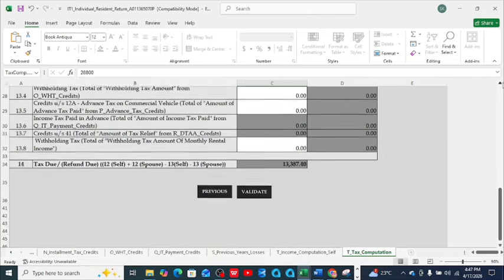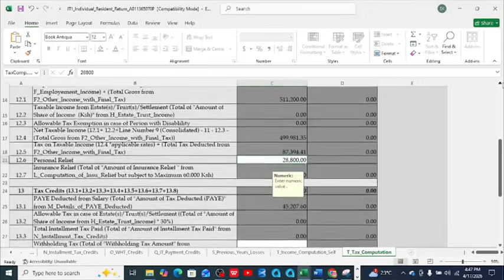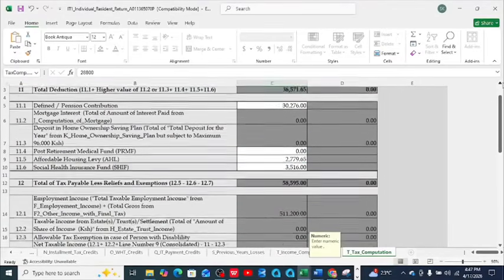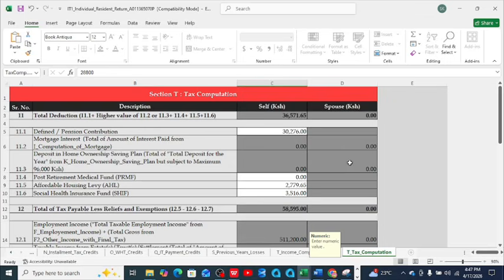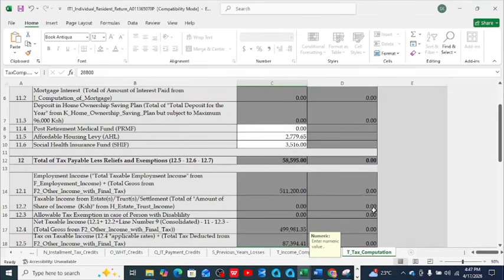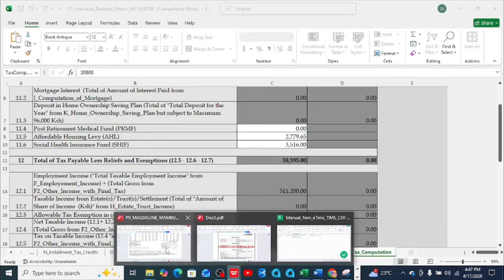So from that point of view, you need to come here and make the necessary adjustments. You just need to check if your defined pension contribution is correct. Then you come here and ensure that you have done the correct computation of the affordable housing levy. As you can notice, in the pre-populated form, there is a wrong computation of the affordable housing levy, since, as you can see, my gross income was